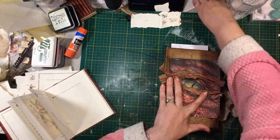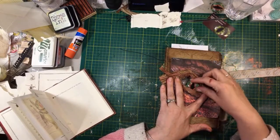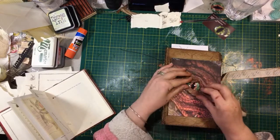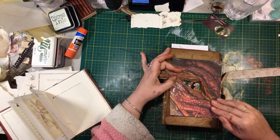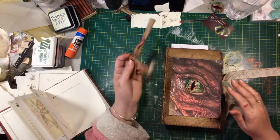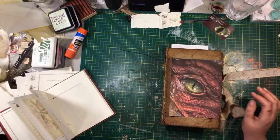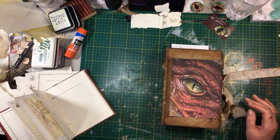And then I can either glossy accent that eye, or I can use my cabochon that I purchased and try to make a... You see what I'm trying to do here? You get it? Yeah. It's going to be cool, right? Not quite sure if I'm going to have time for all this fuss, so I might just glossy accent it, rip it, put this on. I don't know. It just depends how much time I got. And then for the back...